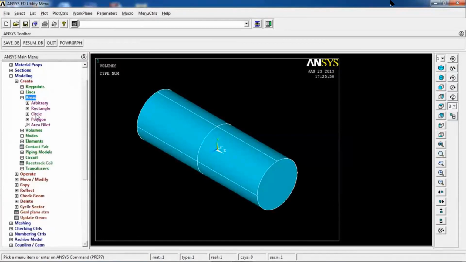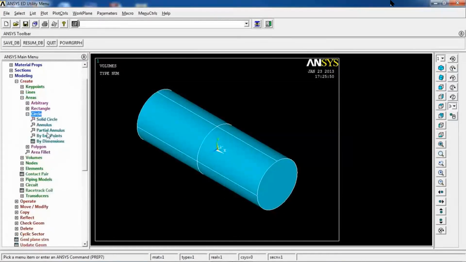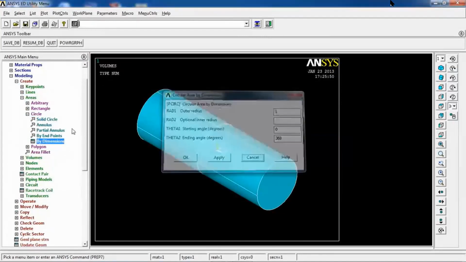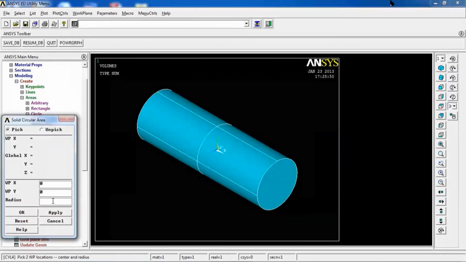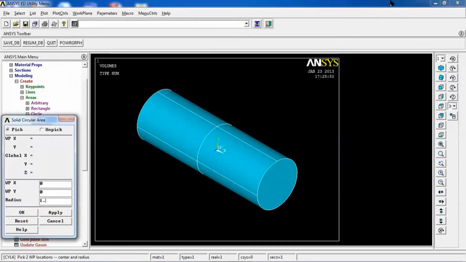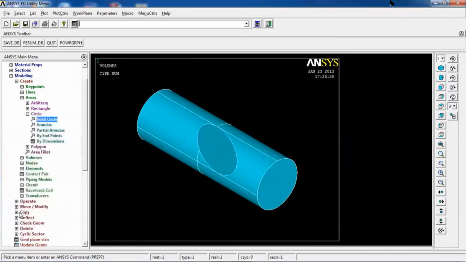I'm going to create another circle. Let's do this one at point 0 and 0 and radius of 1.5. Click OK. This new area or circle is made for me in the direction of the global coordinate